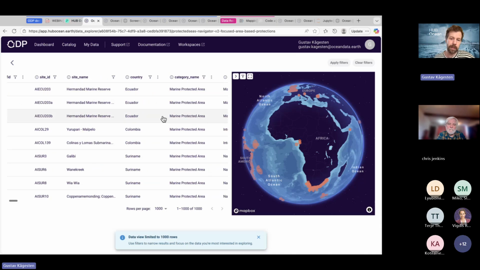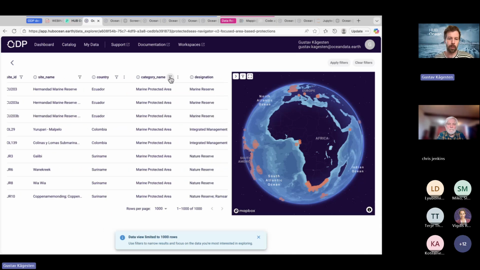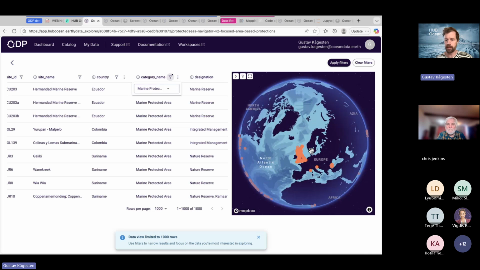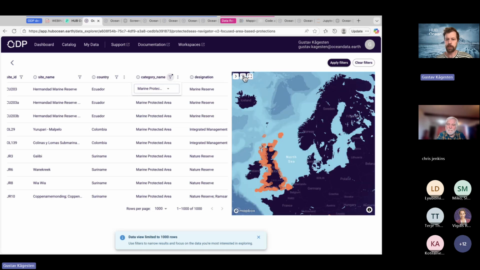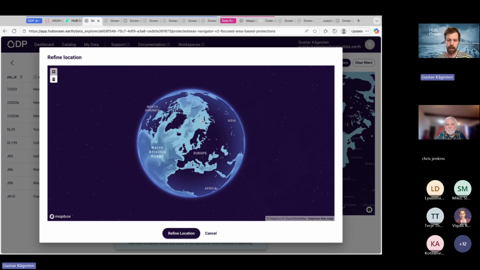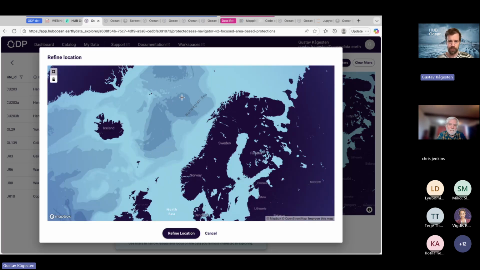Anyway, in this case, let's say we want to ensure we only look at marine protected areas. We could do that. Let's filter on those. We're going to look a bit at Norway today, so we could do a spatial filter as well on an area like this.